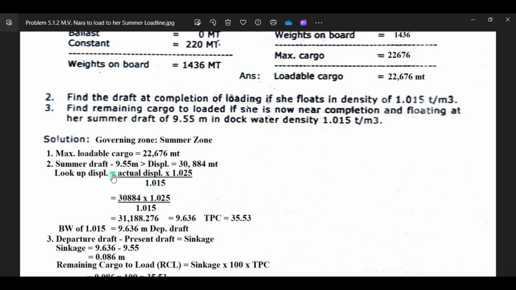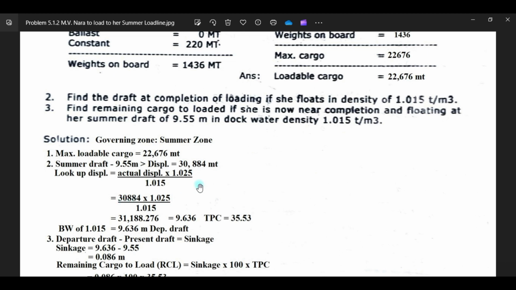so here summer draft is 9.55. This will be your summer draft or departure draft, or maximum draft. The displacement is 30844. So look up displacement. Formula is actual displacement times 1.025 over the local density of 1.015.